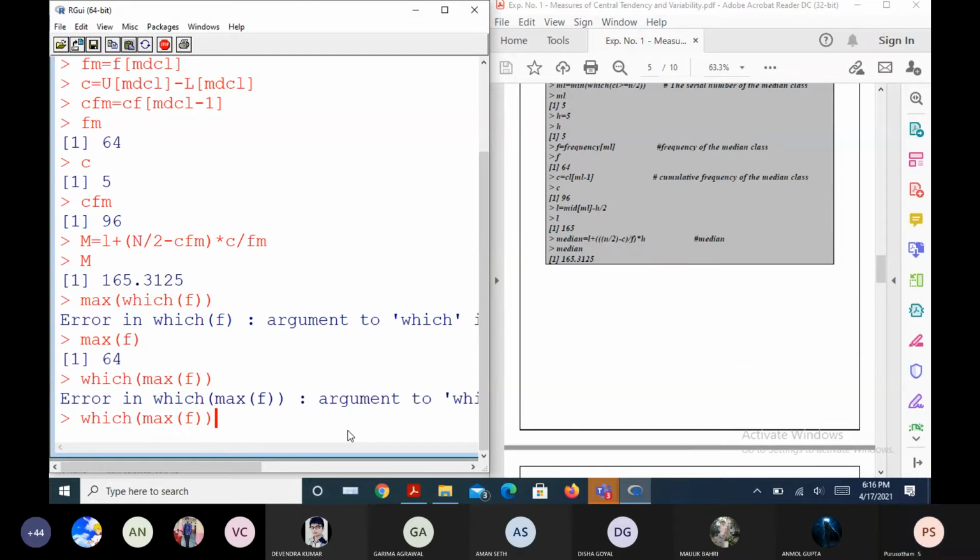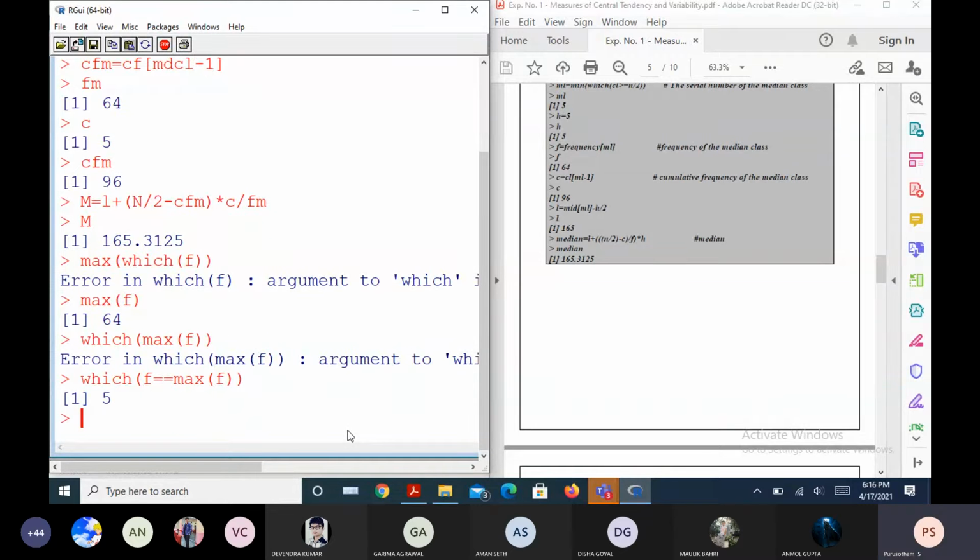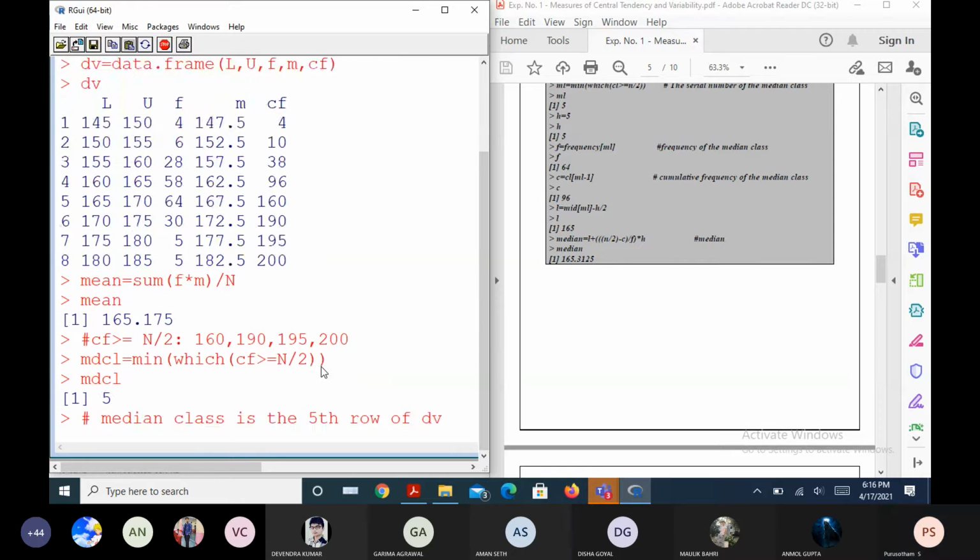Can we look at the answer? What is the answer we are getting? Yes, sir, we're getting 5. So does 5 really correspond to the maximum frequency in the table? 64 is the maximum value, which corresponds to the 5th class. Is it right? Yes, sir.